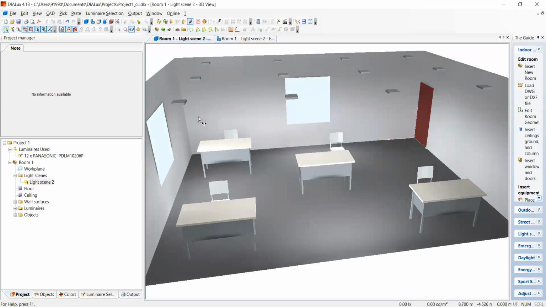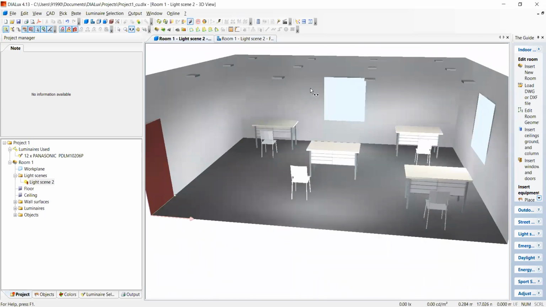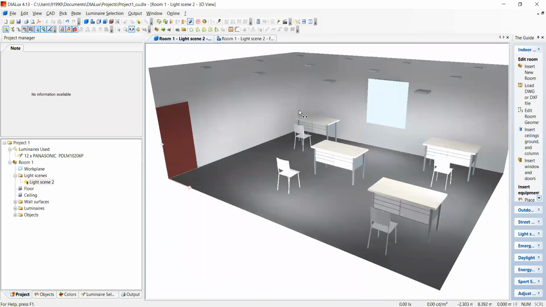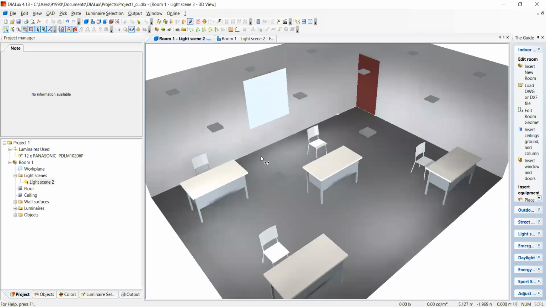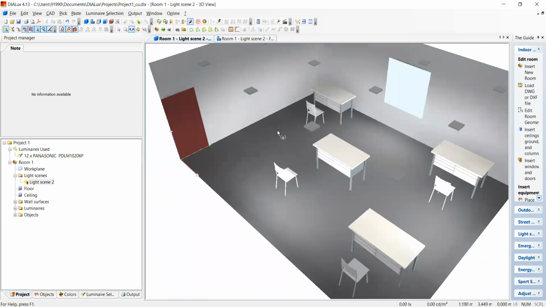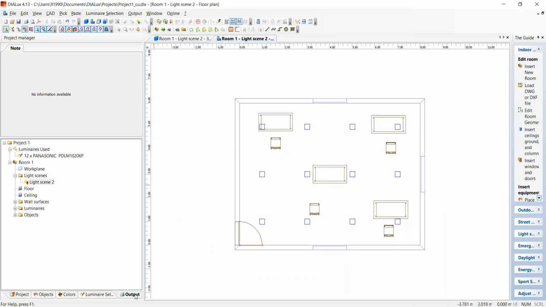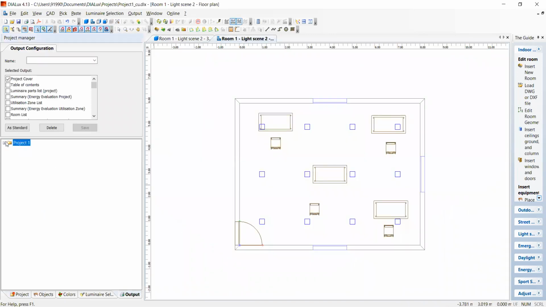You now see the windows. Light is coming from these windows. You can make out the difference that light is coming out from these three windows, right? So if you again go to the output and now you see your light scenes,